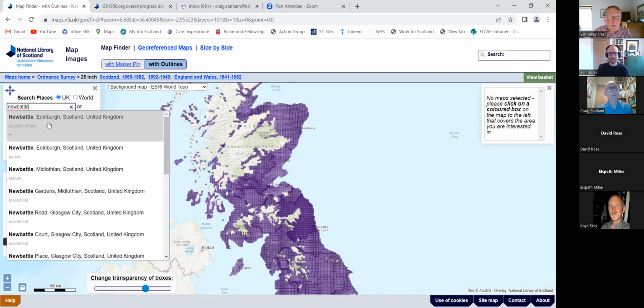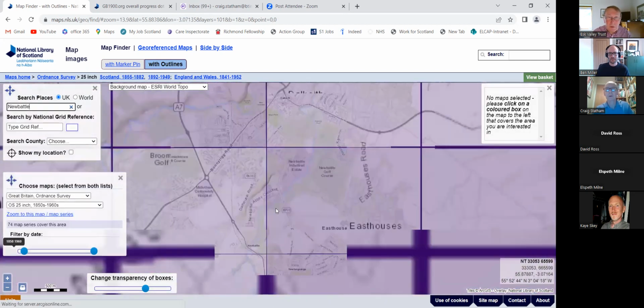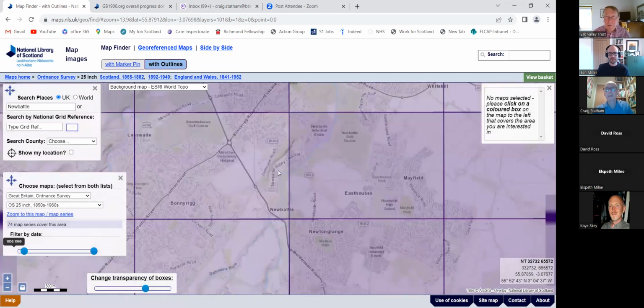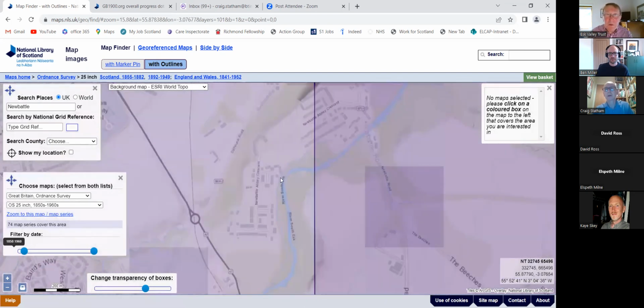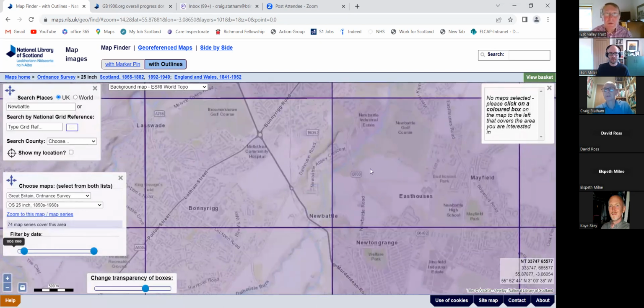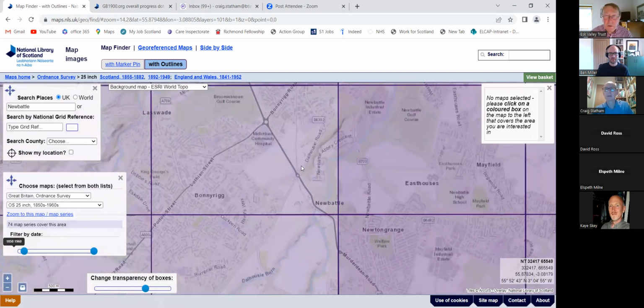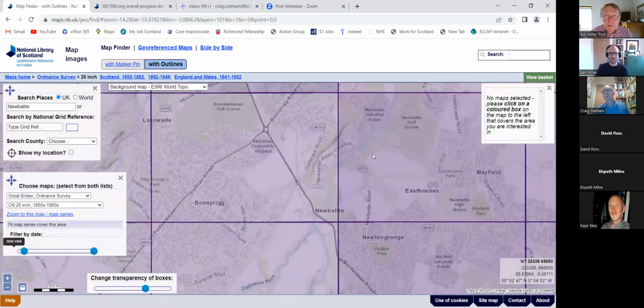There we go, and I'll just click on that, and it then takes me into Newbattle. And you can see Newbattle Abbey Crescent, where I am currently, is kind of split into two maps. You can just see the two squares there, the two oblongs that cover Newbattle Abbey Crescent. Now, if I want to see a map from Newbattle Abbey Crescent, I'm just